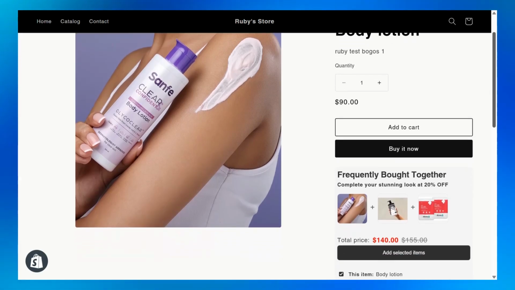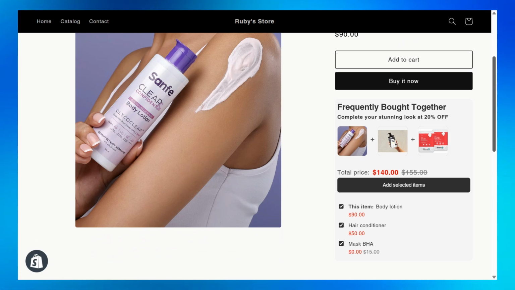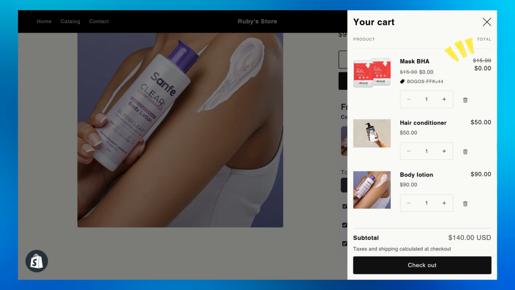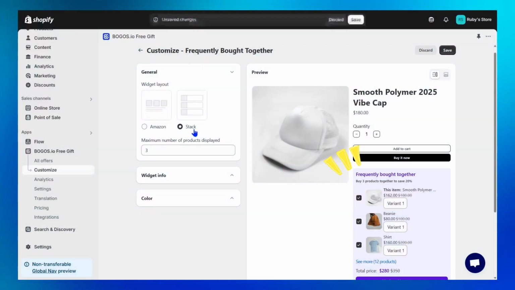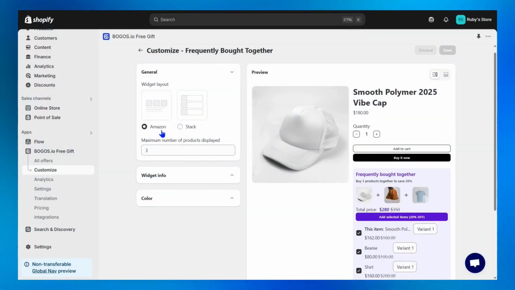On your product page, it appears beautifully now, and you can easily add it to cart. The discount will be applied automatically. Customers can also choose to buy the upsell products or not. Pick the variants whose image will be updated immediately. Moreover, don't forget to customize from the widget layout with these 2 options, and also can adjust the position of